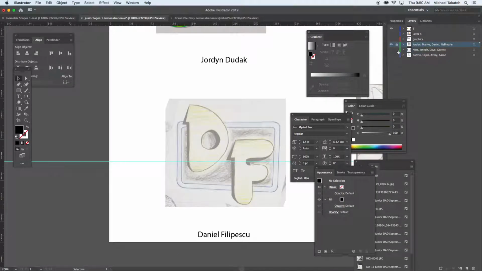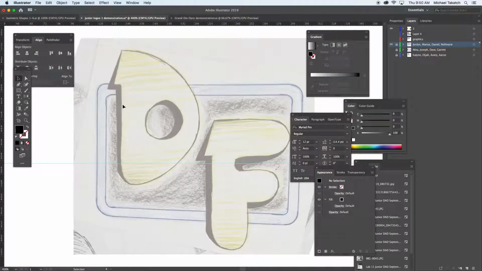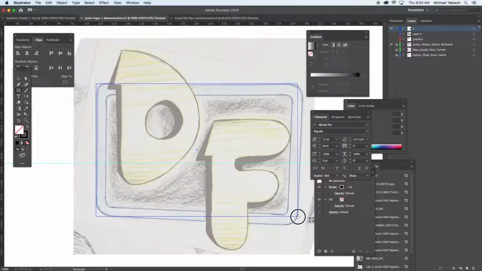So just to show you this on Dan's logo here, he has a background and then the foreground. So I'm going to do the background first. Just going to take a rectangle tool, and this will be the layer. And the rectangle tool right now is just to fill or switch it so it has just the stroke, and draw this across